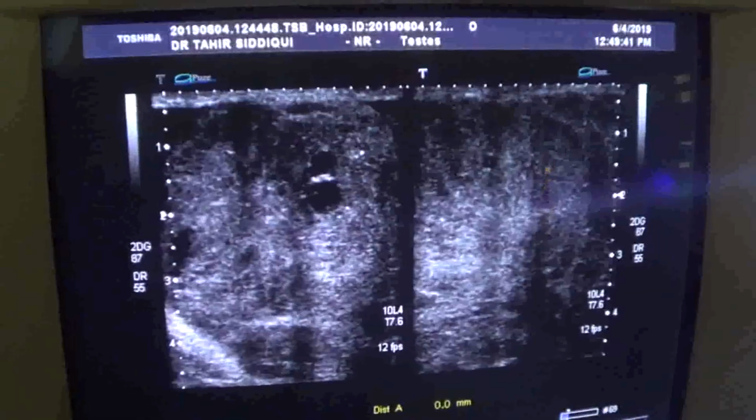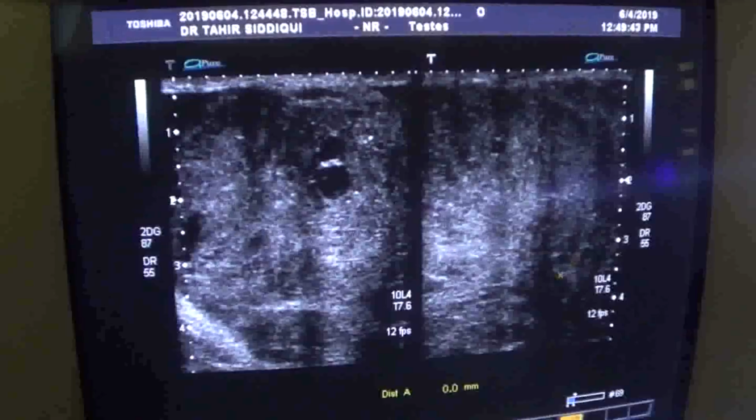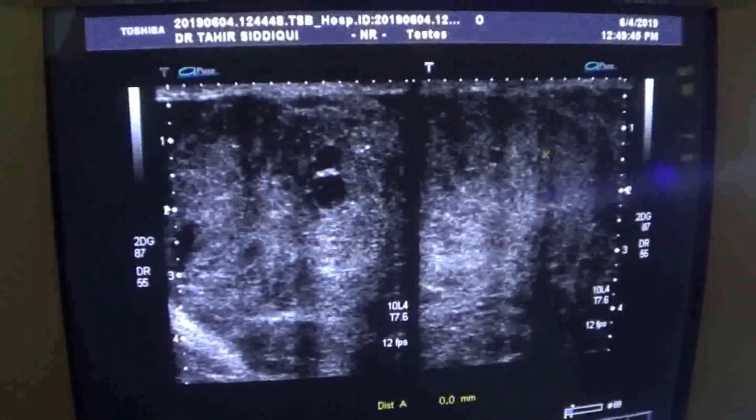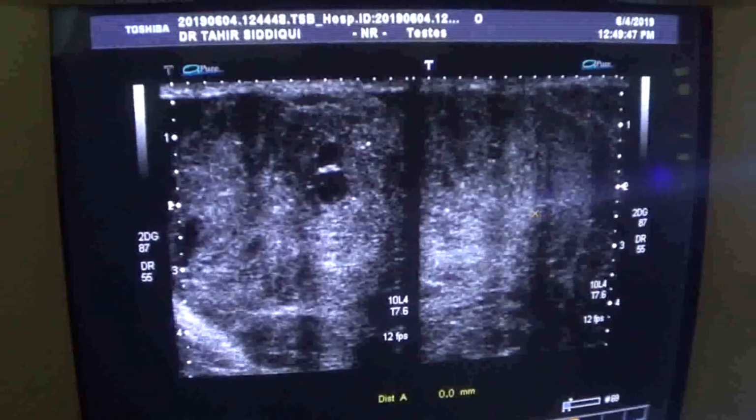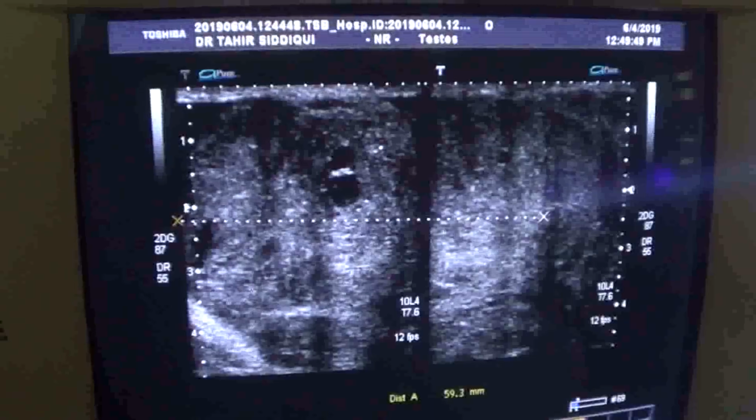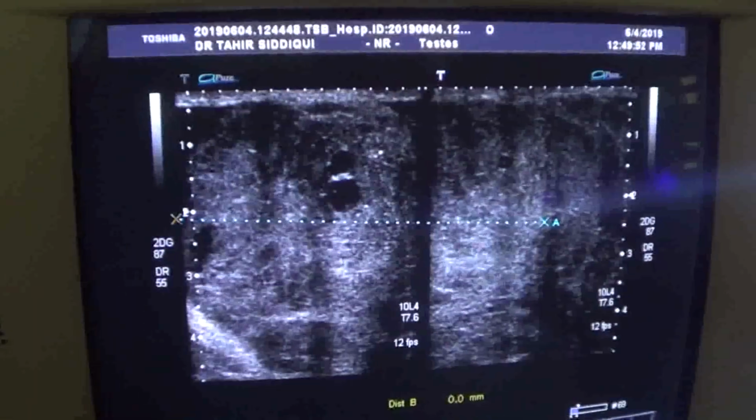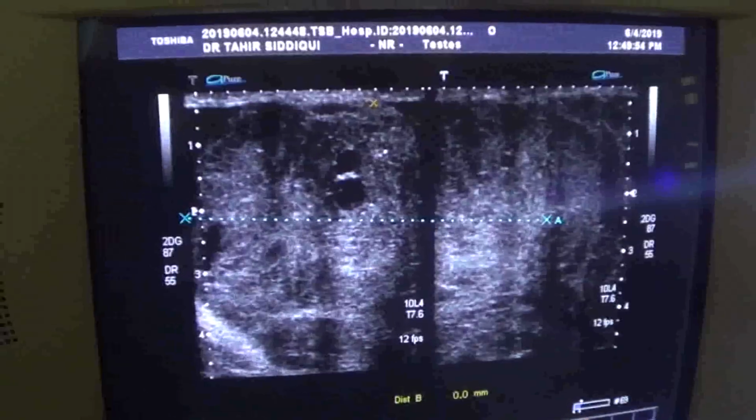Now see, the epididymis is spared almost. This is the epididymis, this area. So the epididymis is spared, and the approximate size of this mass is approximately